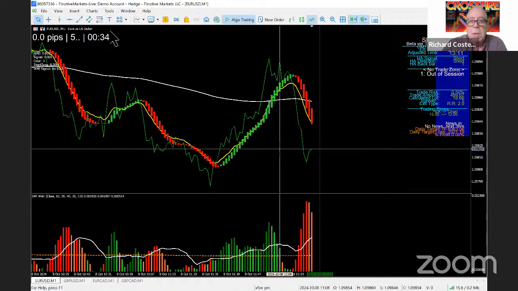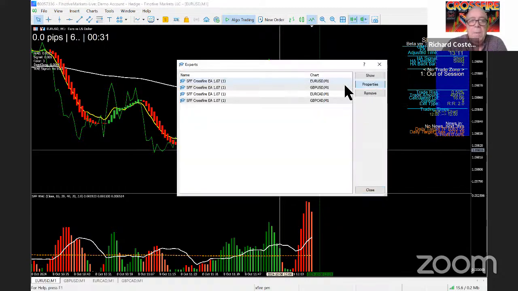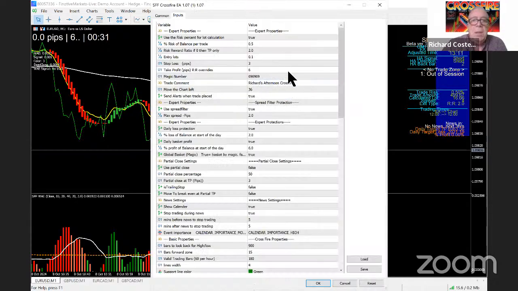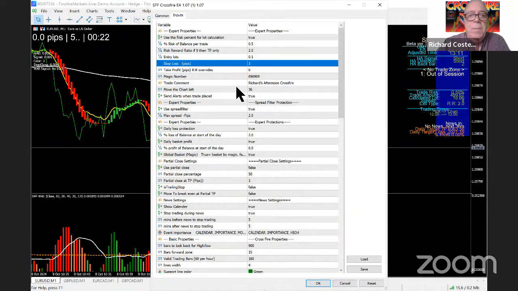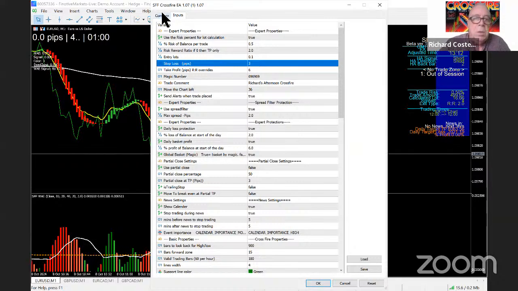let me just look at my expert list and go to the properties. These are the settings, and I've clarified now my standard setting, what goes into the sets, and I've created separate sets for different pairs and different sessions, but I'll go into that in a minute. These are the variables that you can change, but what you need to do is